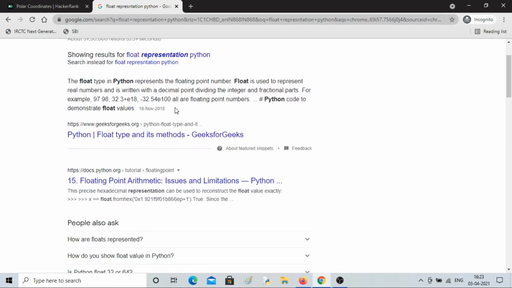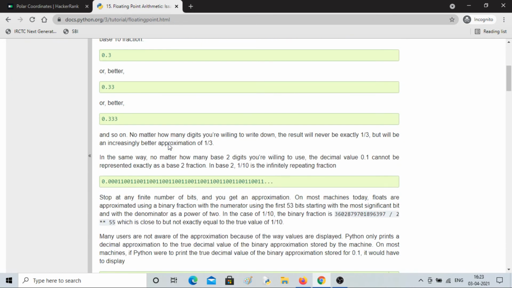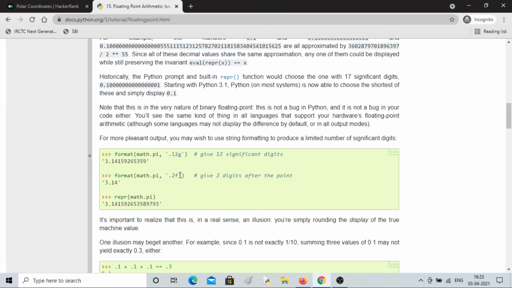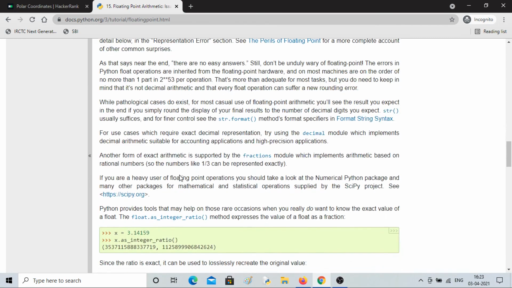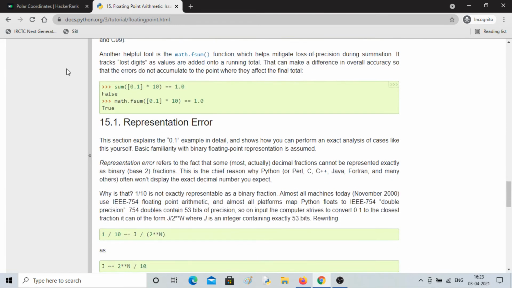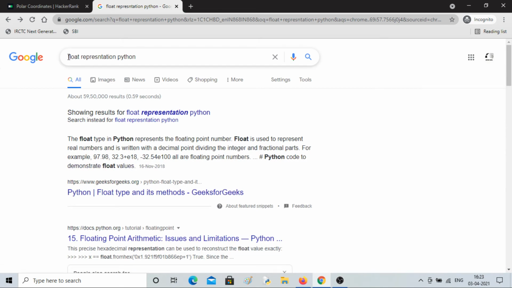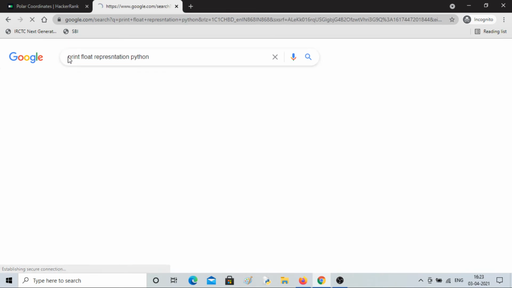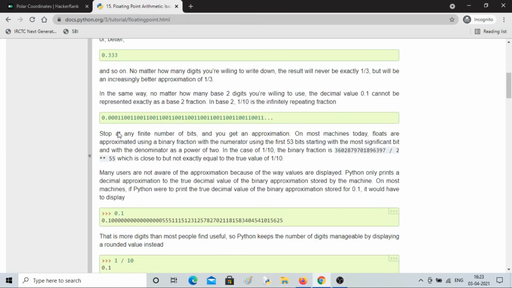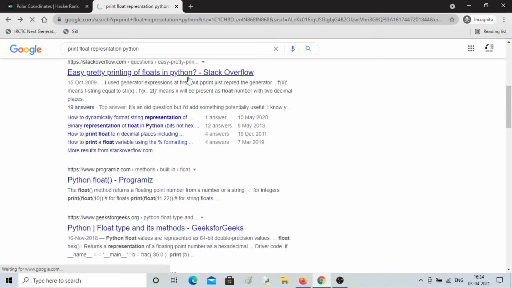Somewhere you will find it, percentage f or something you have to write. Let me write how to print float representation, and that is completely fine if you don't remember the syntax. The main thing is to know the logic actually.